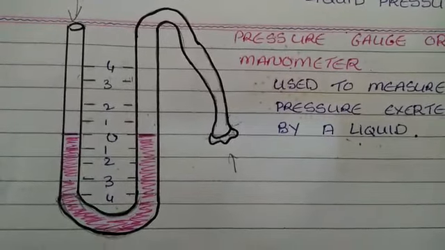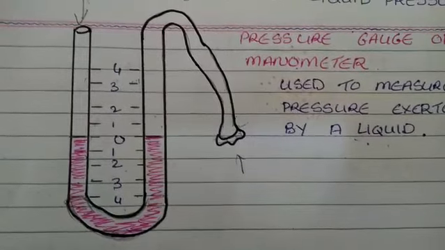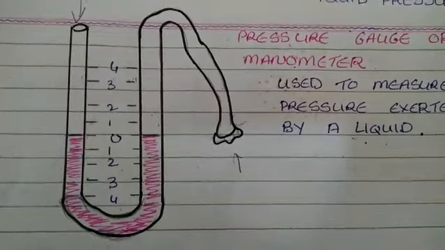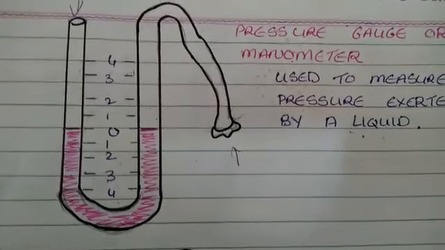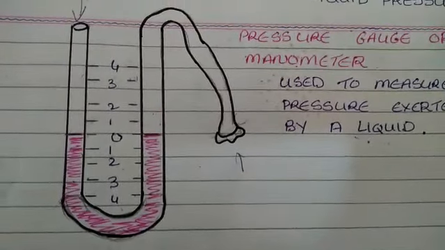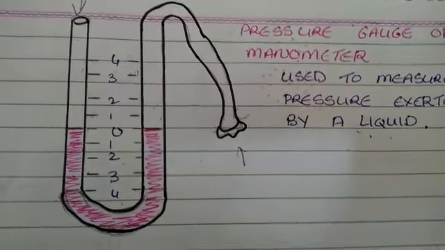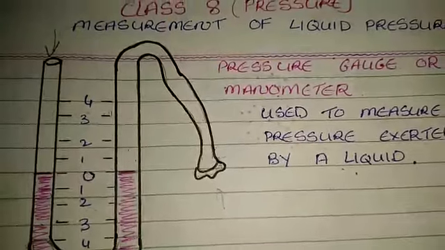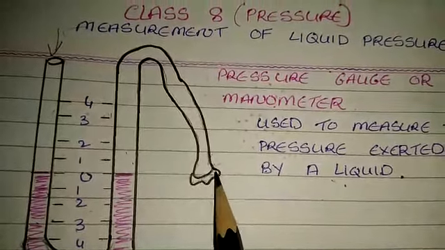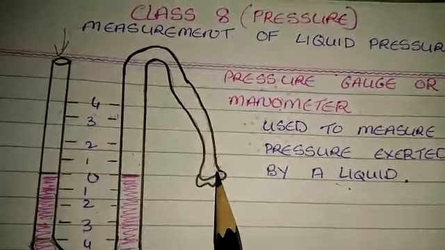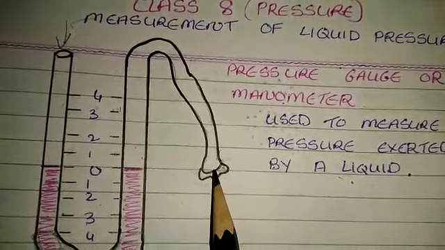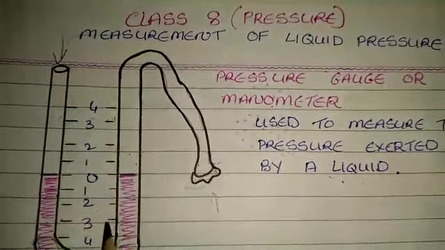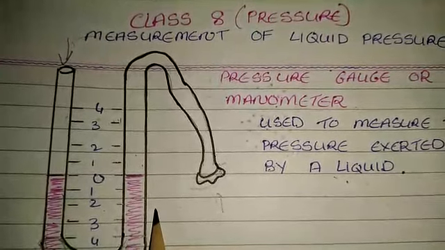It consists of a U-tube made of glass, and on one side the U-tube is open and on the other side it is attached to a rubber tube with a funnel. At the end of this funnel is a very tight rubber sheet, or here you can also fix a balloon very tightly. Now in the middle of both these tubes is a scale. So this is the structure of the manometer.